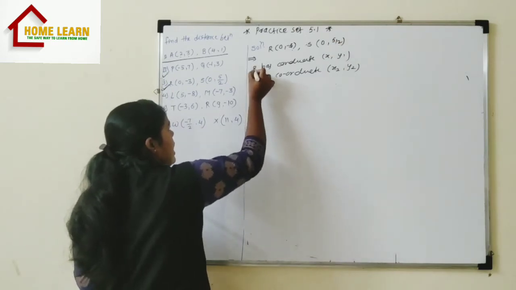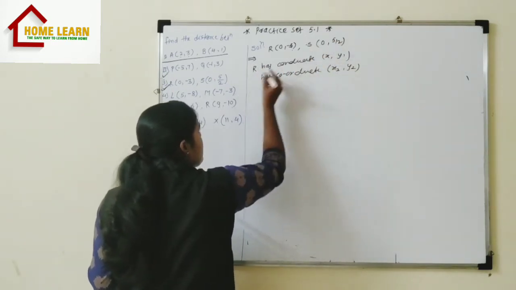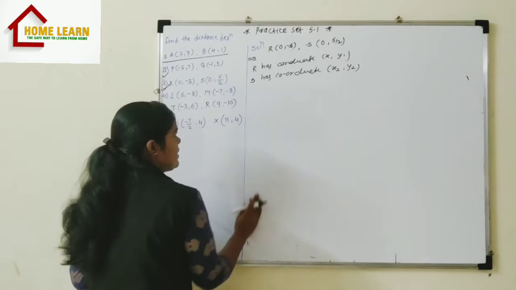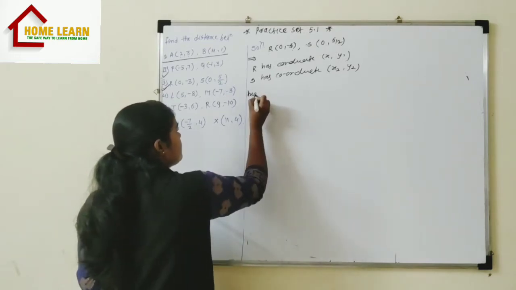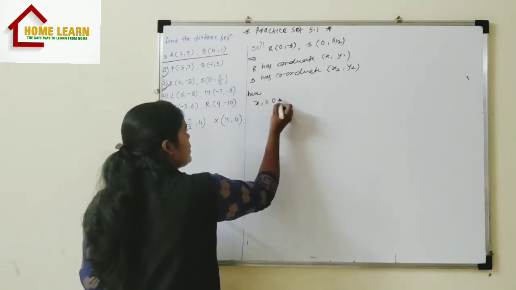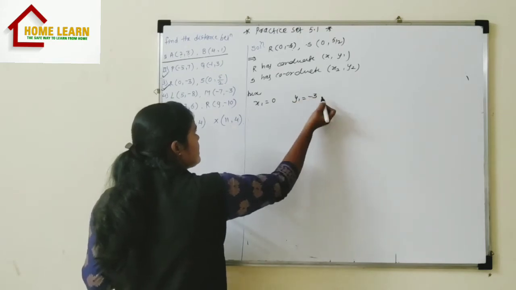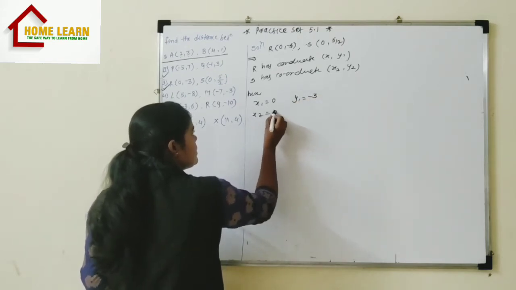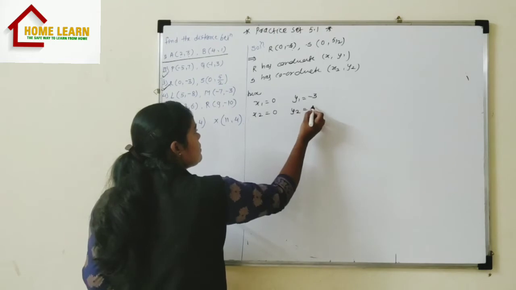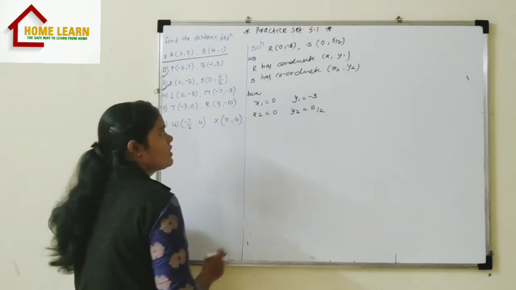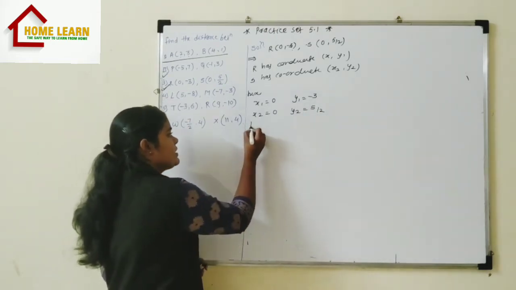Let's assume that R has coordinates x1, y1 and S has coordinates x2, y2. Then x1 is 0, y1 is -3, x2 is 0 and y2 is 5 upon 2. Now by using the distance formula,